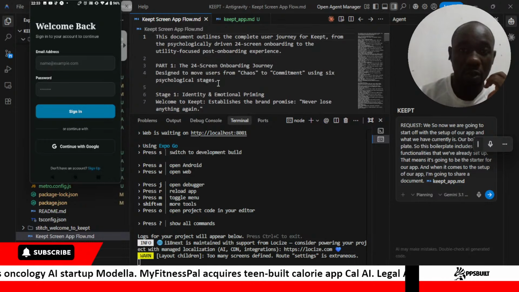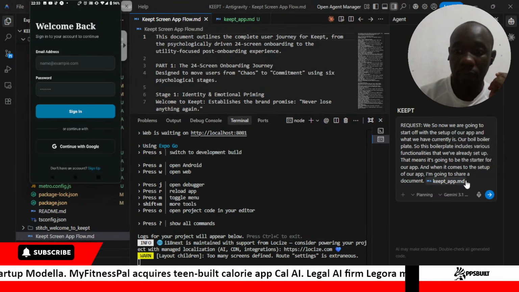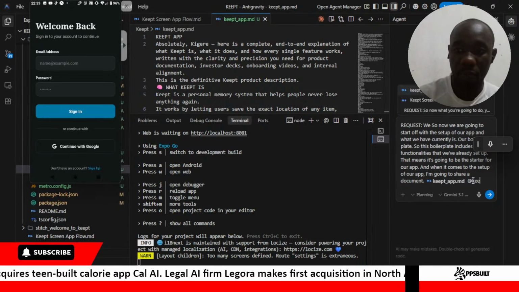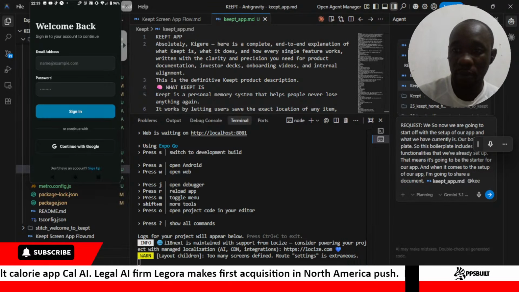So the kept flow also is good. So let's keep that document. We are also going to share another document, which is a kept flow, screen flow.